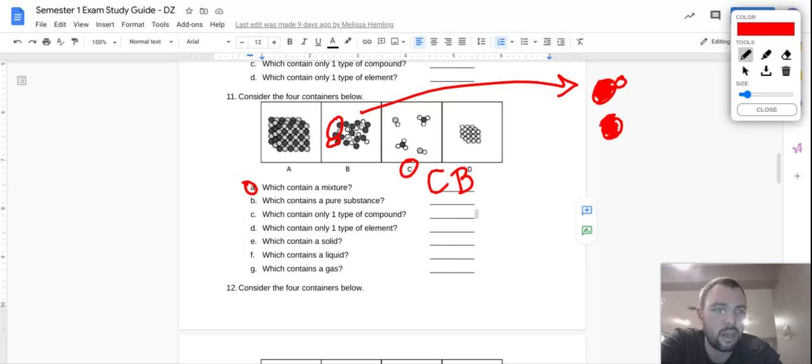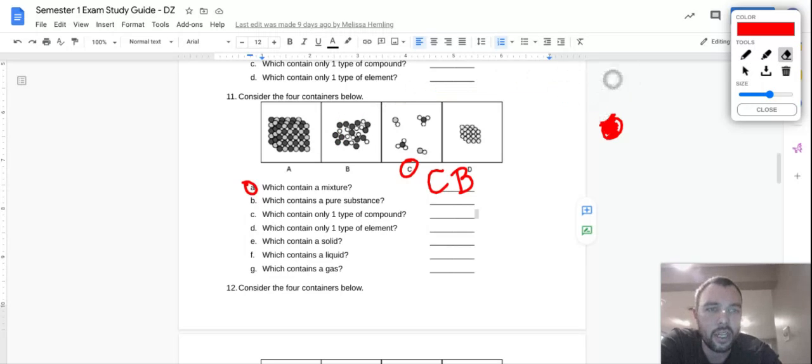So I'm going to say that there are two different things there, which would make it a mixture. All right, so now which contains a pure substance? Remember, pure substance, every particle has to be the same. So I would say